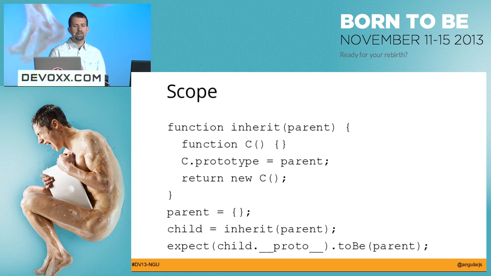So the way you can implement an inherit method in JavaScript is that you can say, well, I have a particular thing called a parent, and through a bunch of trickery, which is basically you're creating a new function C, and you're going to use it as a type, so really you're creating a new type C, you can set the C's prototype to the parent object. And then by instantiating C, what you're actually creating is the last line, which you can see, as you can see, child.__proto__ is actually a parent. And this is how JavaScript resolves